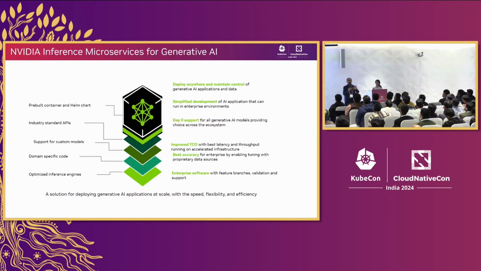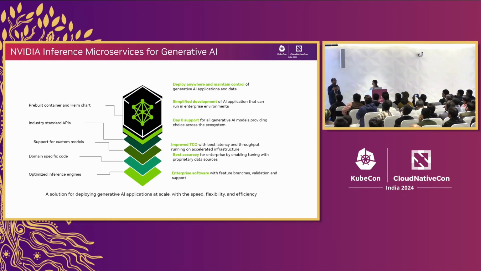Now, having said that, we said the inferencing engines are going to be built and run as microservices, right? Do we want developers to create their own microservices and put in time and effort? No. That is where NVIDIA's inferencing microservices, short-term NIM, comes in. If you want to really use a GPU, as I said, you need a stack of GPU operator, a network operator, and you also need a runtime which actually gives the GPU to your container. Because be it containerd or Dockerd, they don't look at the GPU and say, okay, how do I pass in the GPU as a visible resource to the container? That's not done. You need a specialized software stack called the container runtime.